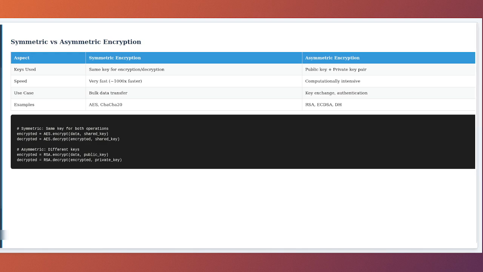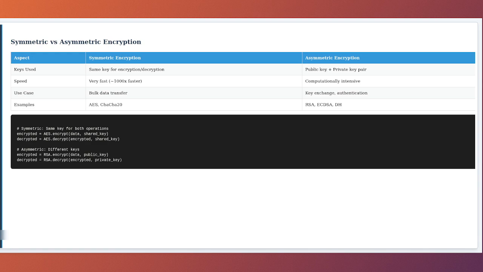The beauty of symmetric encryption is its speed. Modern processors can encrypt and decrypt symmetric data incredibly quickly, making it perfect for streaming video, large file transfers, or any bulk data operation. Asymmetric encryption, on the other hand, uses a pair of mathematically related keys, a public key